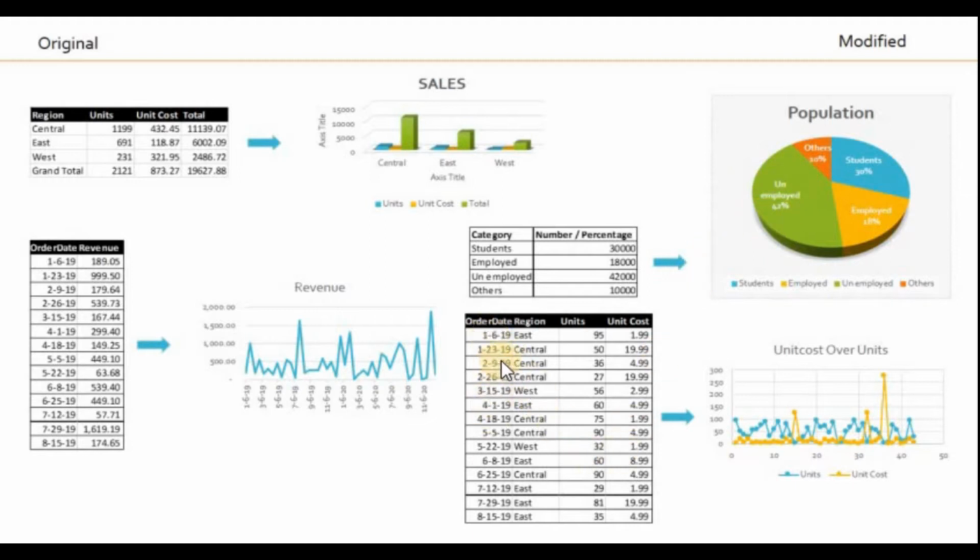Next, here I have units of production and unit price for each day. We will analyze the daily price trend using this graph. These charts are useful to interpret large data easily. We'll see how to generate different charts in Excel using the data.